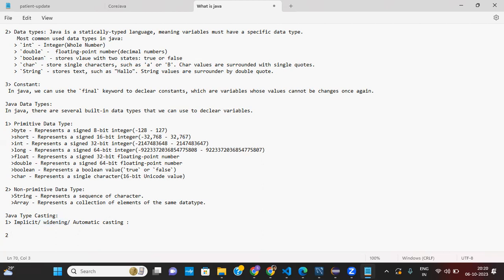And what do we have next? We have explicit, narrowing, and manual casting.